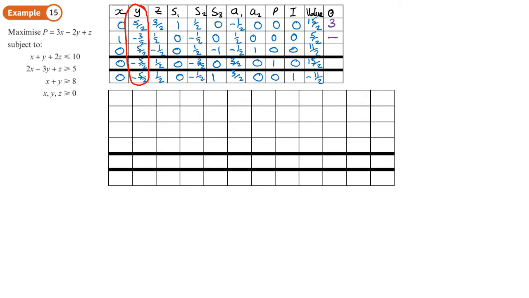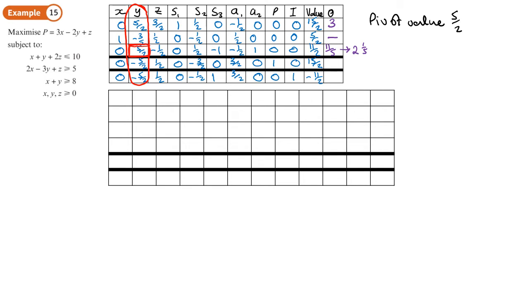That's not going to tell us what the pivot row is, so it's definitely not going to be this row, so there's no point in calculating it if you know it's going to be a negative. The next one is going to be 11 over 2 divided by 5 over 2, and that gives 11 over 5, which is the same as 2 and a fifth. So that means this one has 1. Here's our pivot row here, so our pivot value is going to be this 5 over 2. I'll write it at the side, it may not be clear there. So pivot value